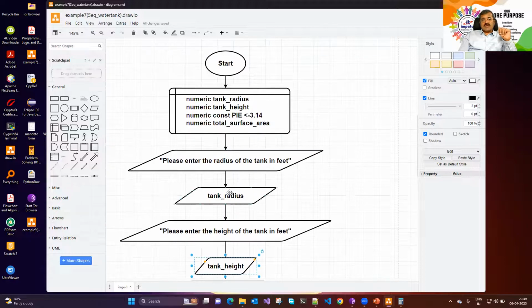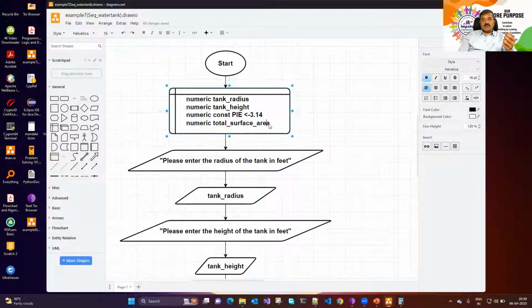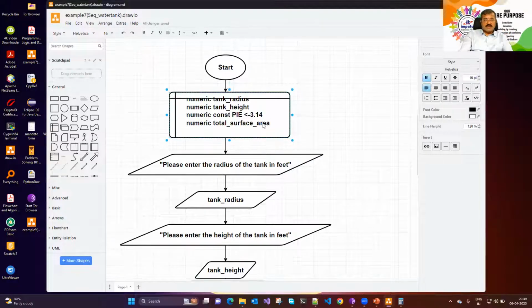Okay. So now that we have the tank radius, we have the height, we could calculate the bottom surface and the side surface area, and so you have total surface area. And most of them couldn't solve it because they could not understand how to substitute it. That itself tells about the complexity of the program. If I say numeric,